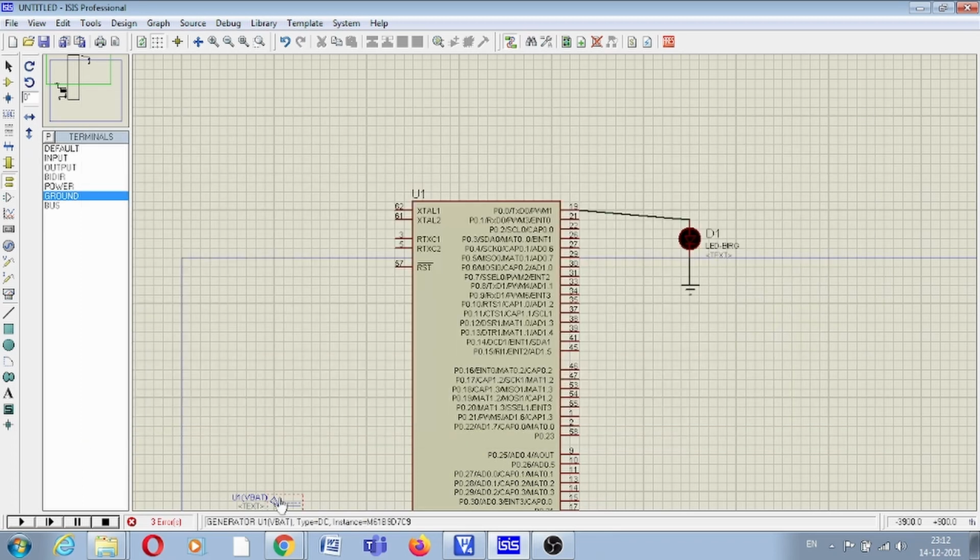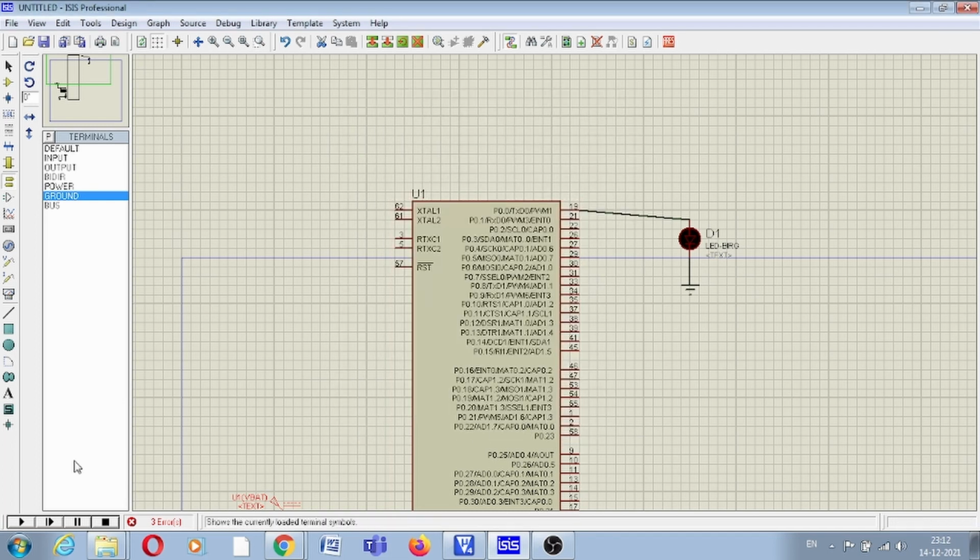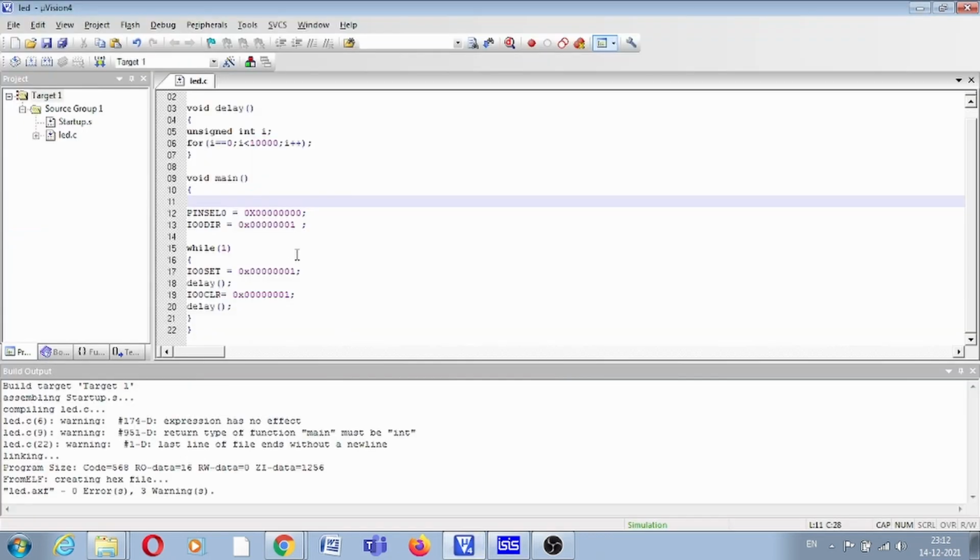Okay, so here I have to give supply, 3.3 V, and here you can see the LED is blinking, right? Now the speed is very fast, so you can change this by simply increasing these values.